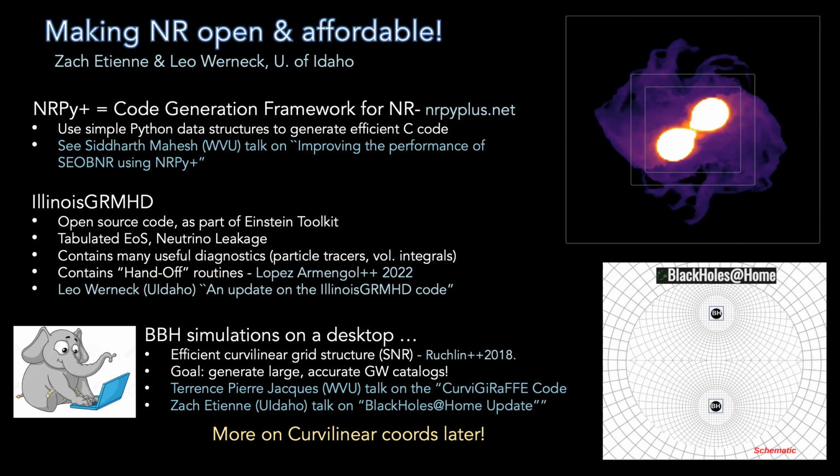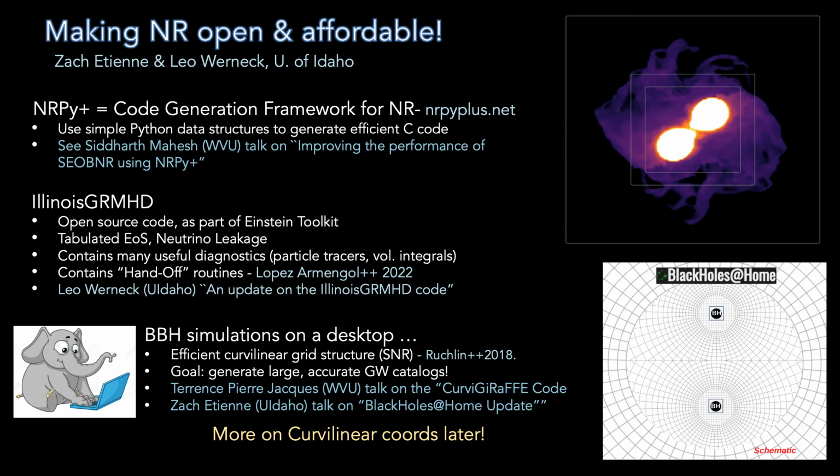And there is going to be a talk describing how NRPy+ can also be used to improve not just numerical relativity, but also the performance of other methods, for example analytical relativity and numerical relativity hybrid methods. Finally, I would say it's been applied to generate code. Obviously, IllinoisGRMHD is the supreme example of how NRPy can generate efficient codes.